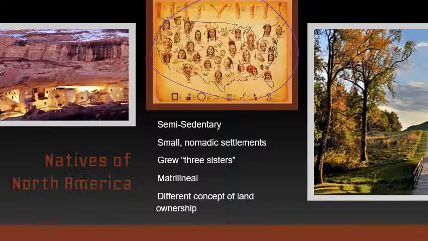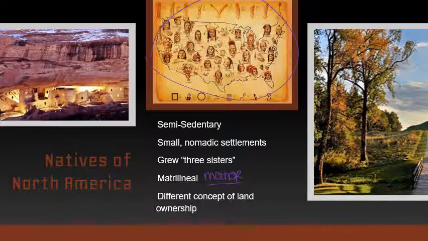Their hierarchy was matrilineal. Matrilineal means that things are passed down through the mother. Our society is a patriarchal society. And so that's kind of very opposite. Patriarchal is the father, matrilineal is the mother. So this is a very woman-centered society in an era, at least for Europe, where women didn't have very many rights, where they didn't have very much of a voice. So it was something that Europeans really did not have any sort of understanding or respect for.